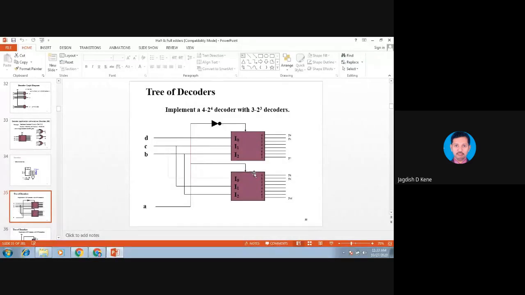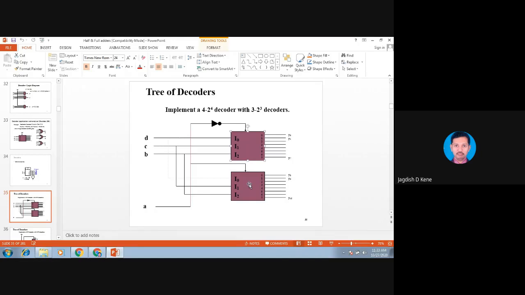Its complement is connected to the other decoder, because when A is 0, passing through the NOT gate, its status is 1 and this particular decoder is enabled, giving outputs 0 to 7. So A is 0 and the remaining inputs are rotating from 0, 0, 0 to 1, 1, 1. After that, the status of A will change, so this decoder will be off and the other will be active high.